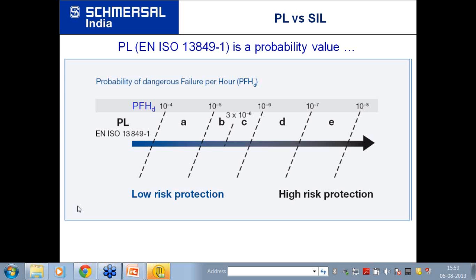So the feedback is a true image of the output of the drive. If the output is stuck, the feedback will also get stuck, and this will be sensed by the safety relay or the safety PLC, and it will ensure that the next start is not possible, so you should not start the machine or the process in a dangerous situation.